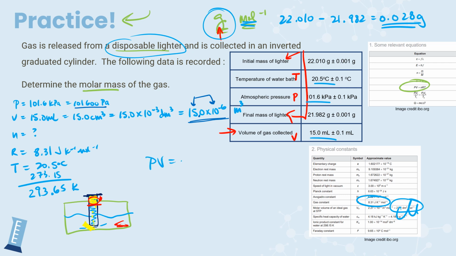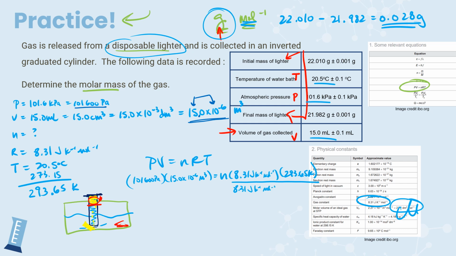Let's go. PV equals nRT. Pressure, again, is going to be 101,600 pascals. Volume is going to be 15 times 10 to the minus 6 cubic meters. That's going to equal some N that we don't know yet. R is always 8.31 joules per Kelvin per mole. And then we have our Kelvin temperature, 293.65 Kelvin. To solve for the number of moles, we're going to divide both sides by 8.31 joules per Kelvin